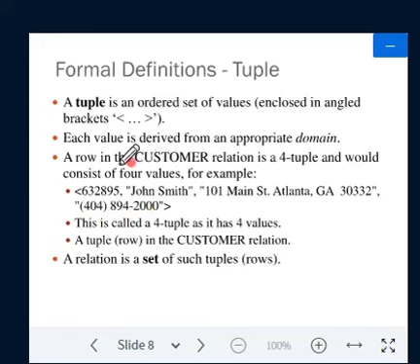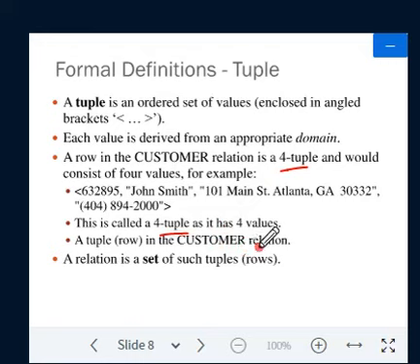Here a row in the customer relation is a 4-tuple, that means it has 4 attribute values, so we can just call it a 4-tuple. A tuple is always a row or a record, the horizontal line.